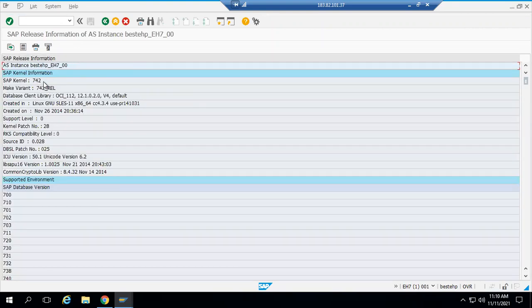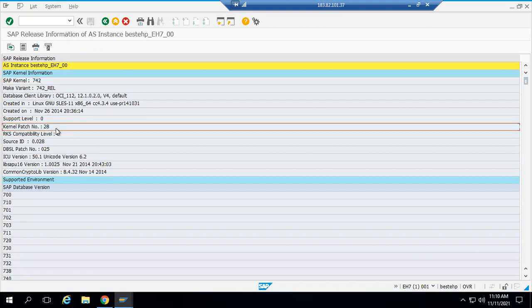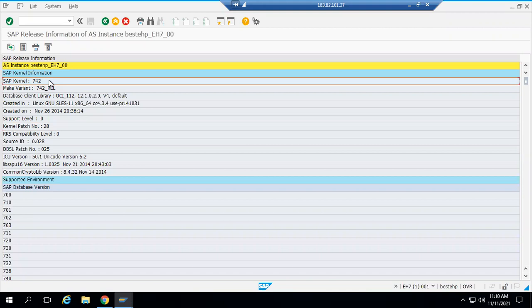You can see kernel 742, patch level 28, and it is Unicode. Before downloading the kernel software, that is SAP dependent and independent, you first need to see the existing kernel version, which here is 742 patch level 28.